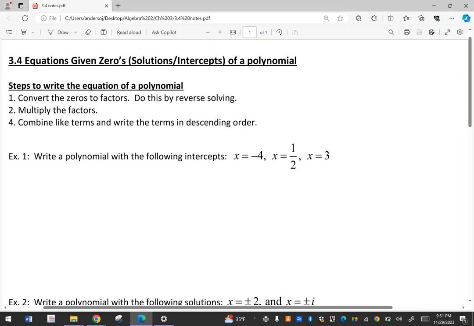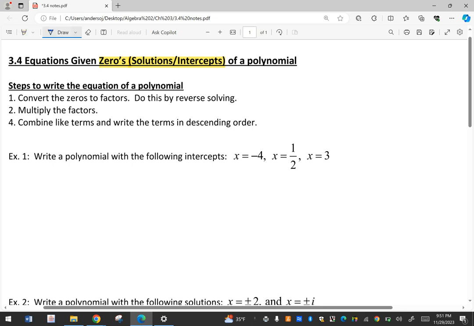In this lesson, we are going to talk about writing an equation of a polynomial given the function's zeros. As you can see in the title of the lesson, zeros is next to solutions and intercepts. And that is because in the lesson we're going to be talking about, you're going to see those different terms